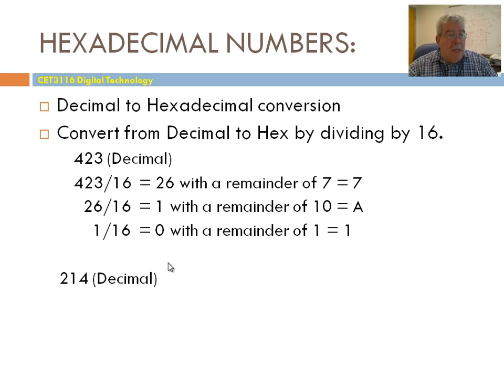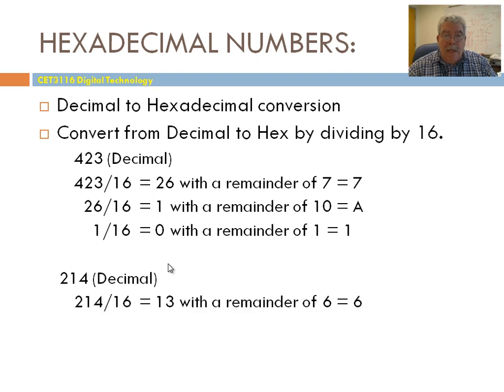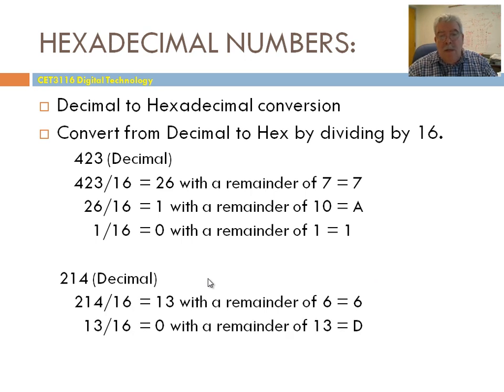Let's see the 214. We proceed exactly the same way. First, we divide by 16, and the quotient is 13, and the remainder is going to be 6. Then this quotient, which is 13, we attempt to divide by 16, but this would be the last step, and the quotient in this case is going to be less than the radix,